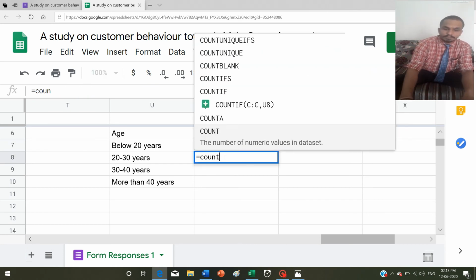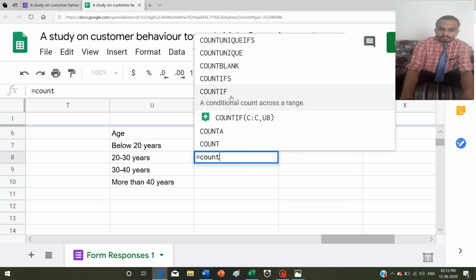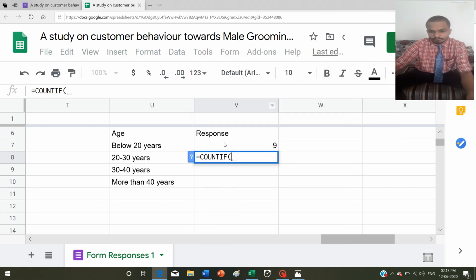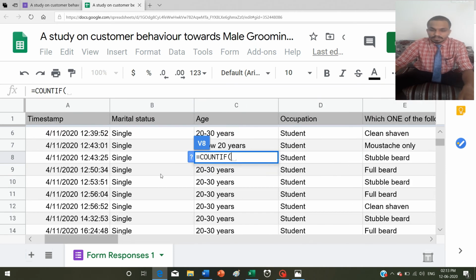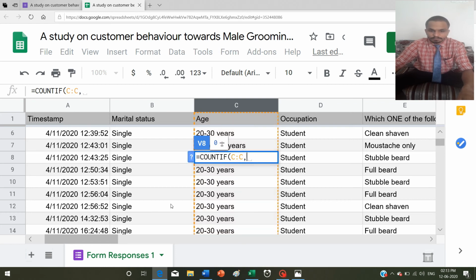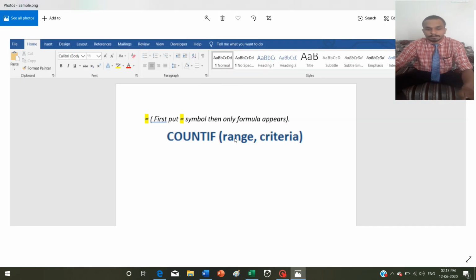I will again use the formula COUNTIF, select the range of the ages, then comma.